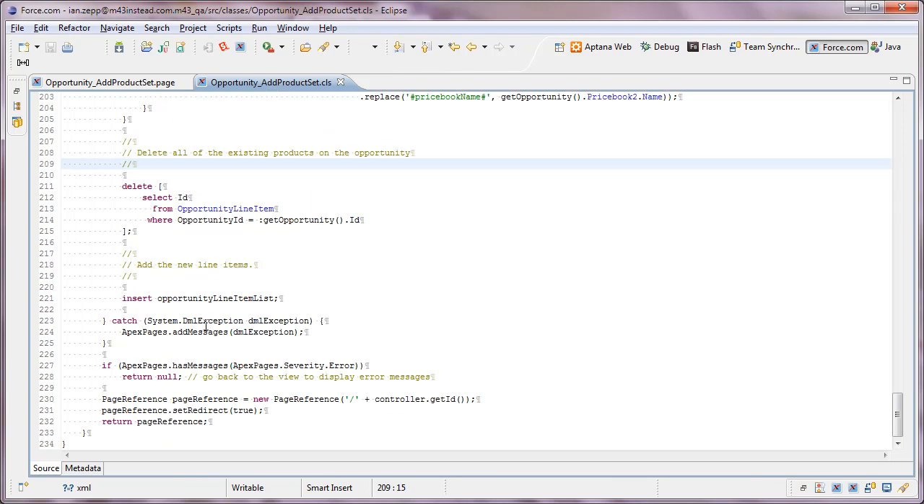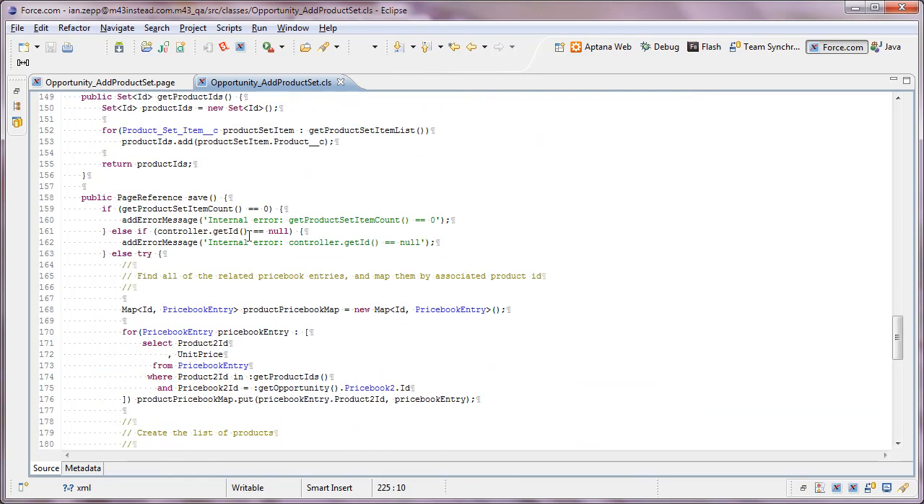And so finally, we catch any exceptions that might have occurred. We add a message with that exception. And then we call this method hasMessages, which goes to the Apex controller and looks for all error messages that exist. Not informational messages, not warning messages, but just error messages. And only if there are error messages, in the case where we caught an exception here, or in the case where we added an error message up here at the top,